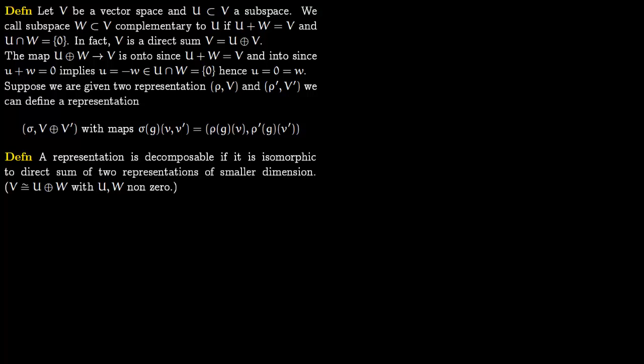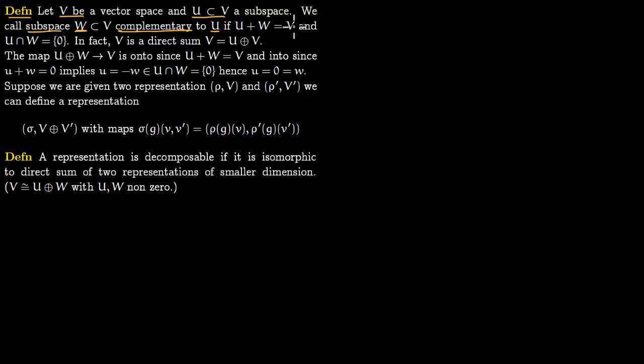In this lecture, we give an introduction to Maschke's theorem. So let us start with the definition. Let V be a vector space and say U is a subspace of V. So we call another subspace W of V